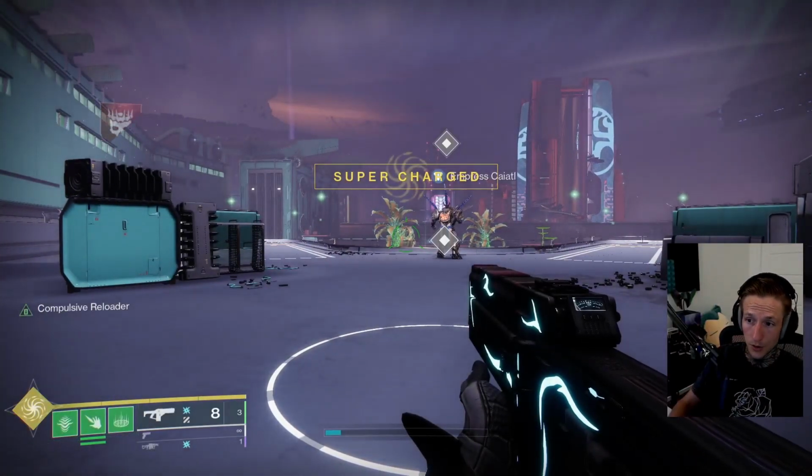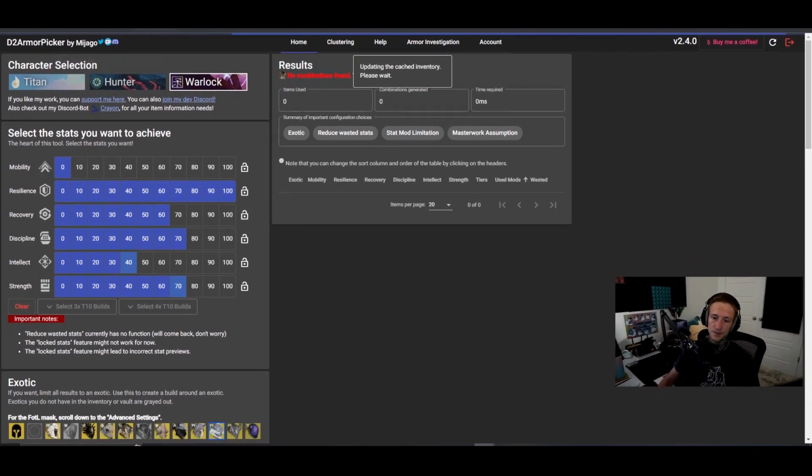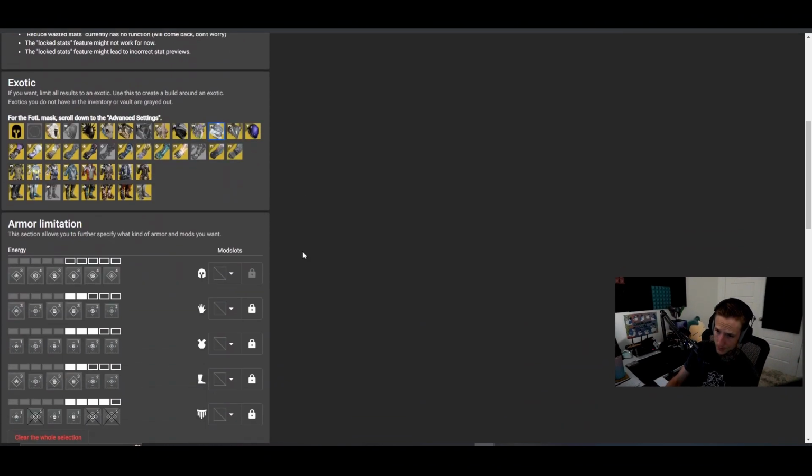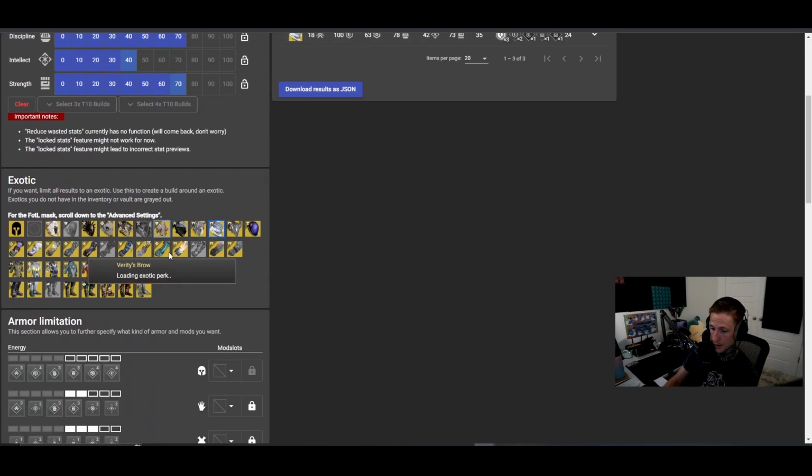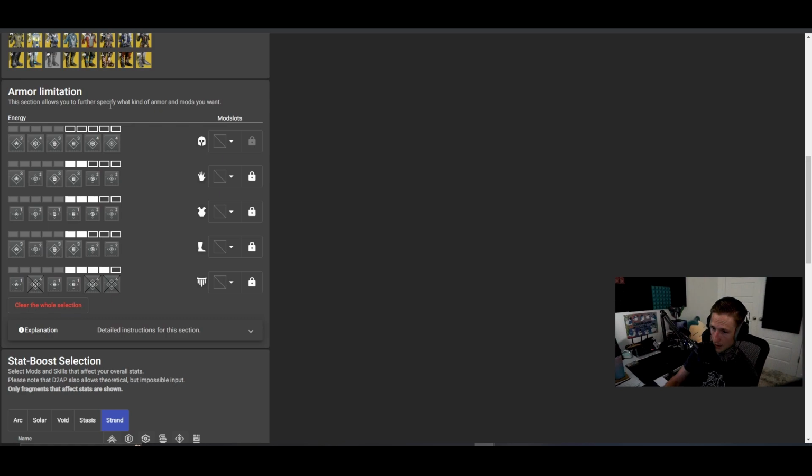Another thing I just want to show you really quick, how I like to do my builds is, if you go to D2 Armor Picker, you choose your character, you can choose your stats, but what I like to set up down here is the armor limitation, because I know that I want to use a certain number of resist mods in the chest, and I know that there's a decent amount of arms mods and class item mods. I set a restriction over here so that my class item can only fit a 1 energy stat mods, and